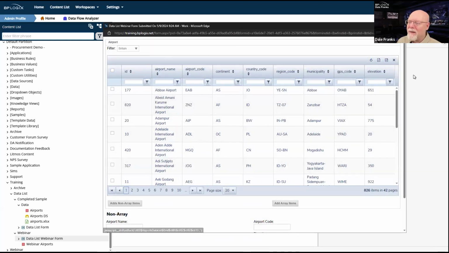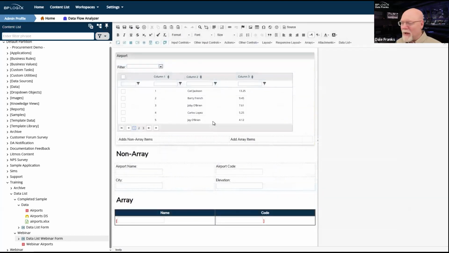Why isn't it refreshing? What have I done wrong? Okay, I'm not sure what I've done wrong. I've obviously configured it wrong. We're running out of time.